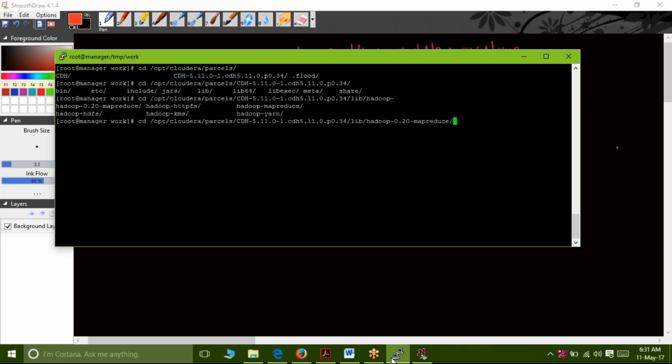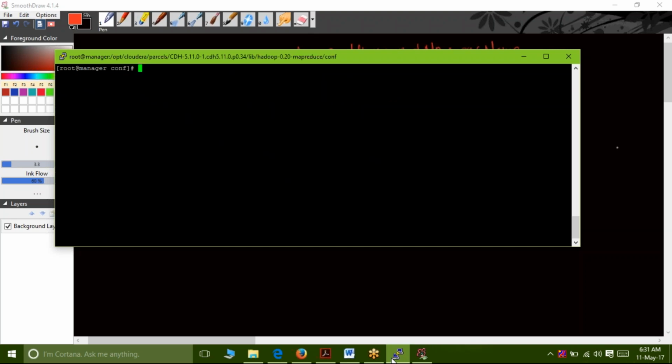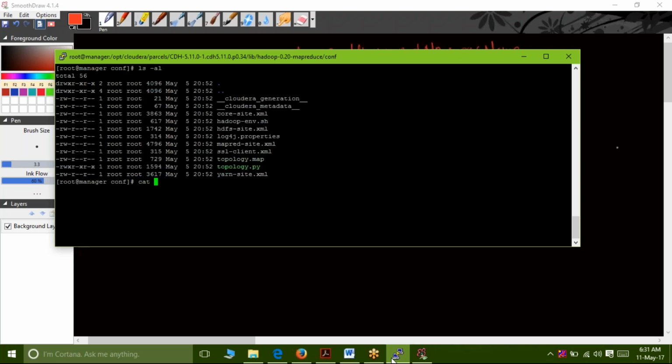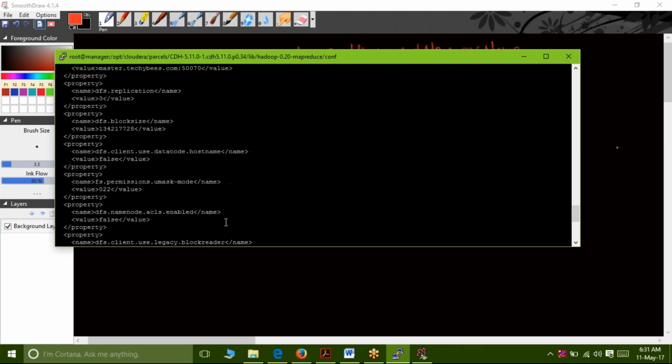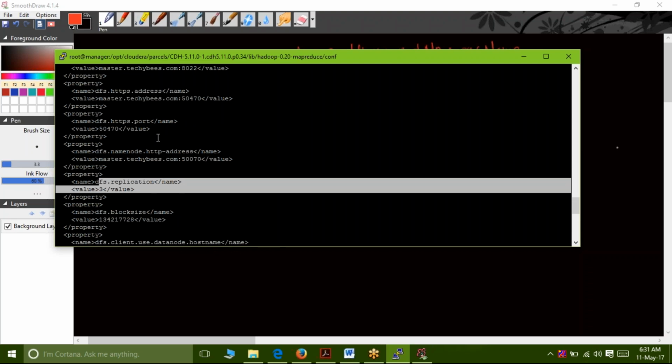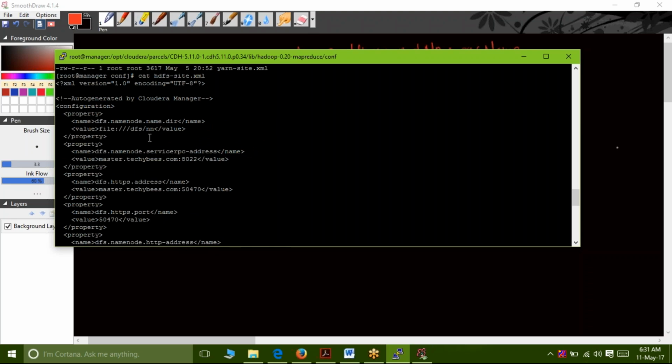So I asked you to go through this a couple of times. I don't know whether you have gone through it or not. You have something called conf, and here you see hdfs-site.xml. If you go and see there, you will notice the replication factor and all those things. Along with that, we will also be seeing